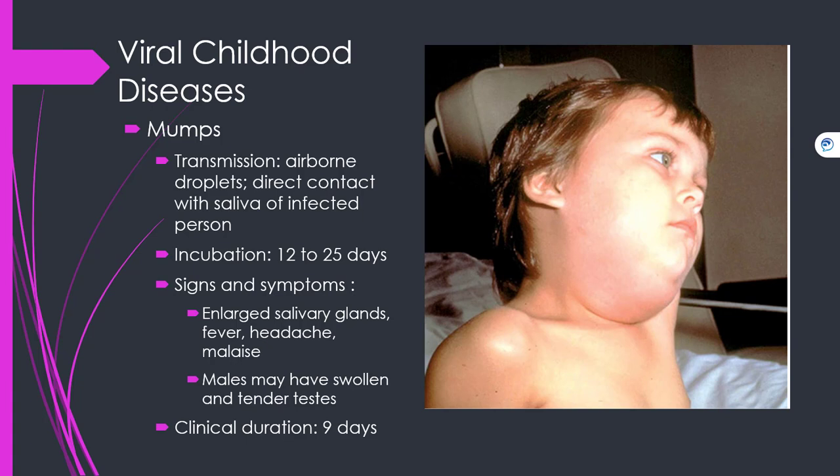Some people infected with the mumps virus have either no signs or symptoms or very mild ones. When signs and symptoms do develop, they usually appear about 2 to 3 weeks after exposure to the virus. The primary sign of mumps is swollen salivary glands that cause the cheeks to puff out. Other signs and symptoms may include pain in the swollen salivary glands on one or both sides of your face, pain while chewing or swallowing, fever, headache, muscle aches, weakness and fatigue, and loss of appetite. Mumps is highly contagious for about 9 days after the symptoms appear.